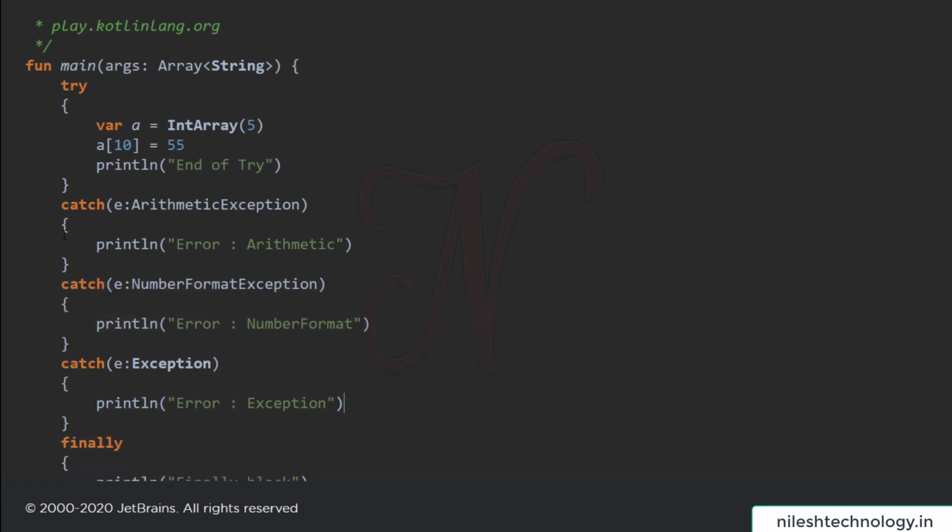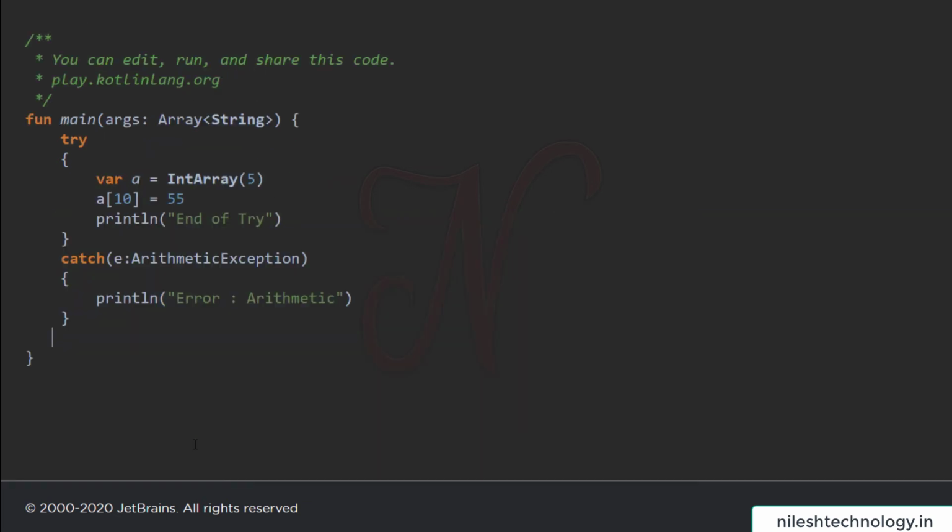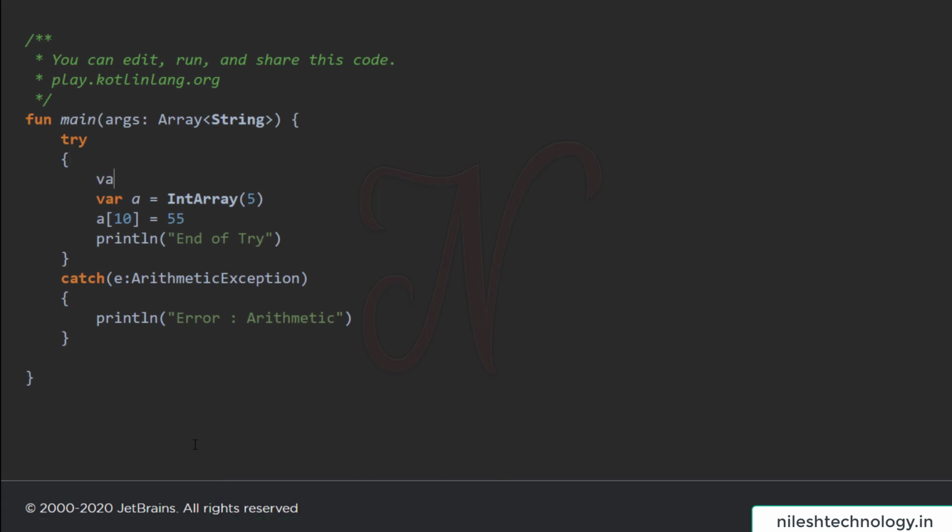Then, like Java, you can also define a nested try catch block. Nested try catch means you define one try catch in another try block. So let's see one example. Here we remove all these catches, so this is the only try catch. Here, try where number equals 10 divided by 2.